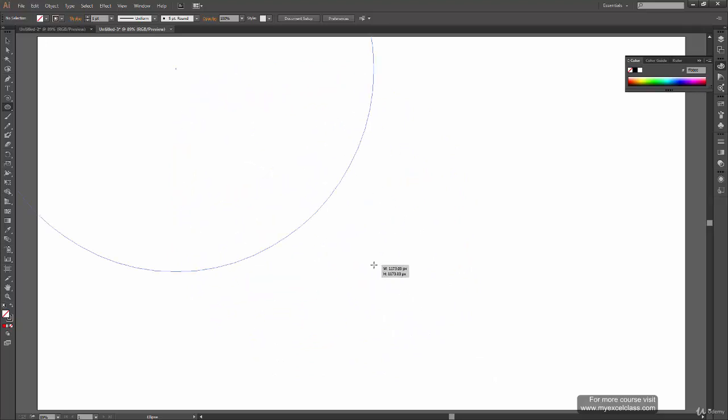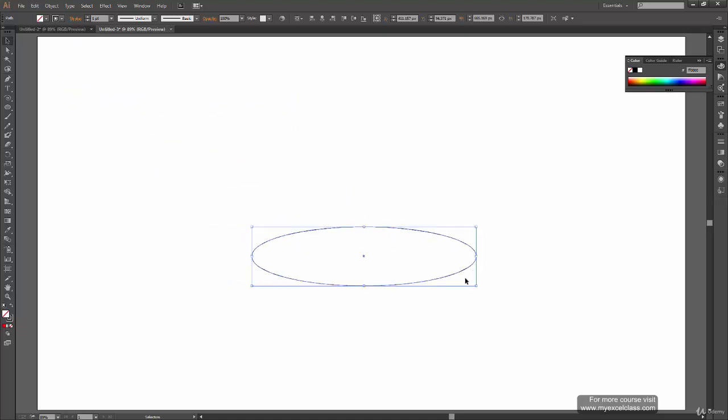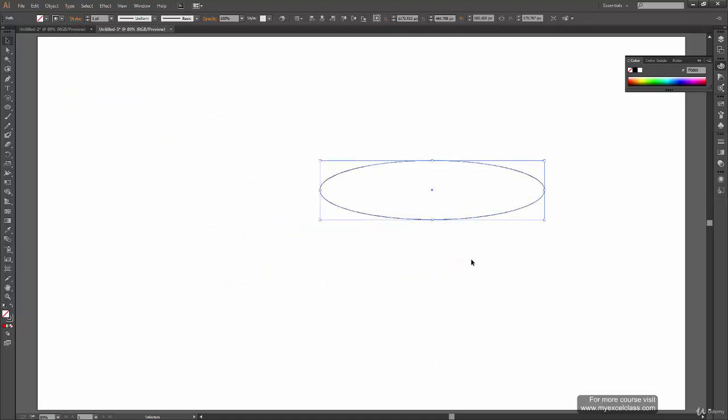Again, like the rectangle tool, you can press your shift key to create a perfect circle, and along with it you can hold the Alt key to shift the center so that your circle expands from all the sides. Release the shift key to make it an ellipse instead of a circle. And when you feel like this ellipse is okay, release your mouse click and then release the Alt key. And you can use your selection tool and move this around and place it properly. Those are all the function keys available with the ellipse tool.